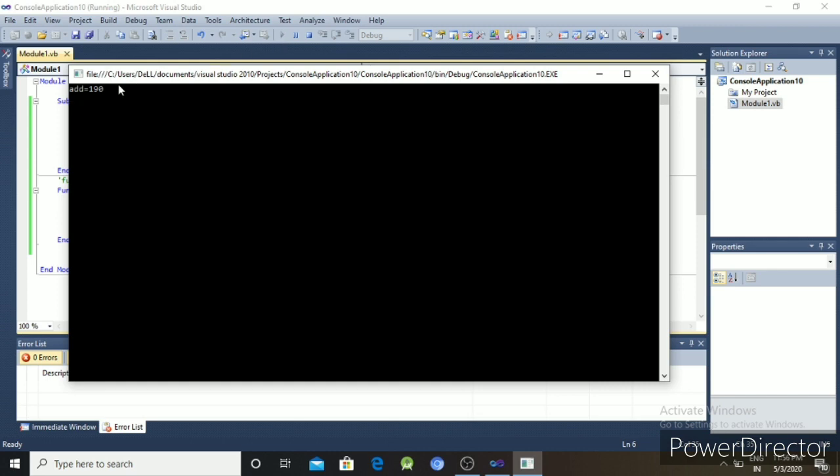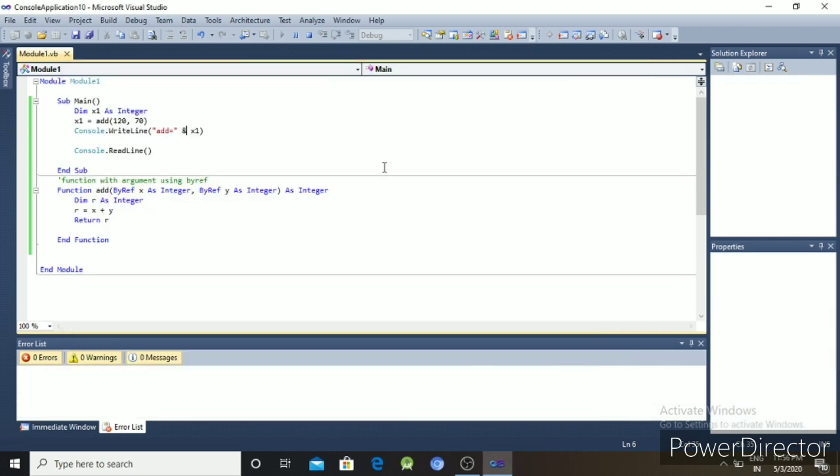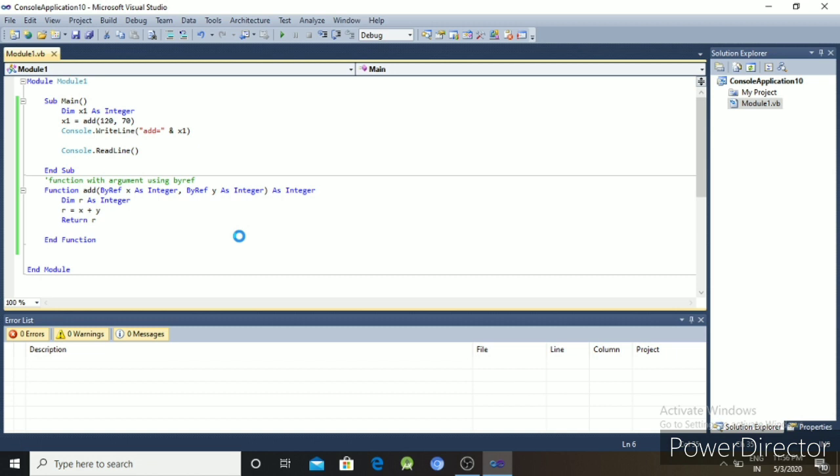Yes, 190 is the third method to find the sum. The first method is without argument, the second method is a function with argument using ByVal, and the third method is a function with argument using ByRef.